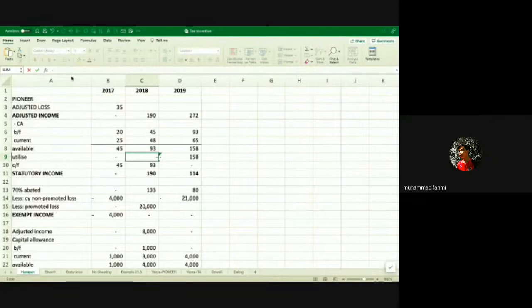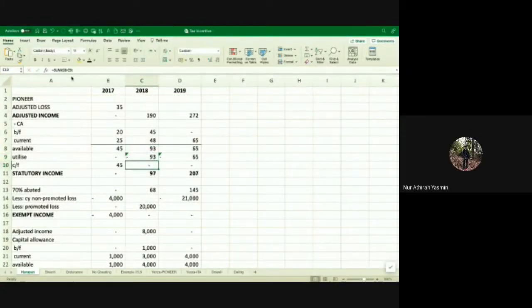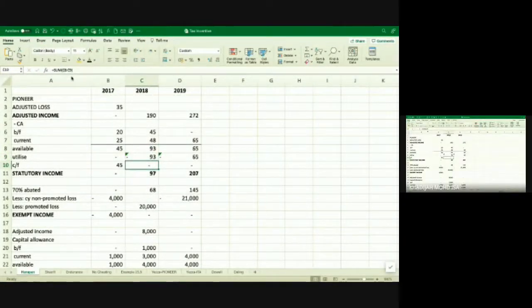93. Okay, 93, so 0 to carry forward. So statutory income is 97. The following year brought forward is 0. You have current year 65, so you're going to use everything, 65. So you have a statutory income of 207. Remember, you're doing for